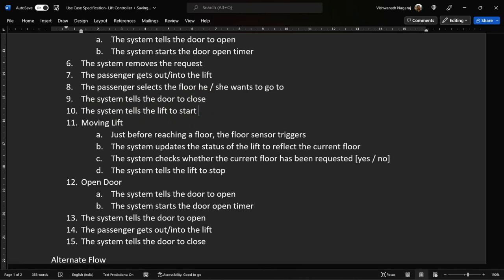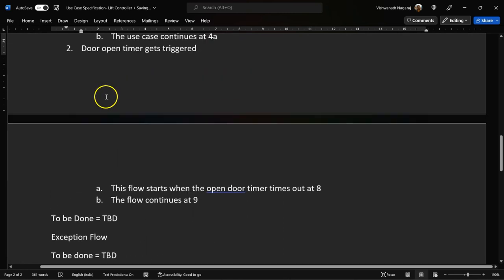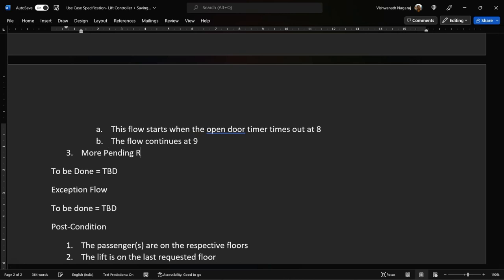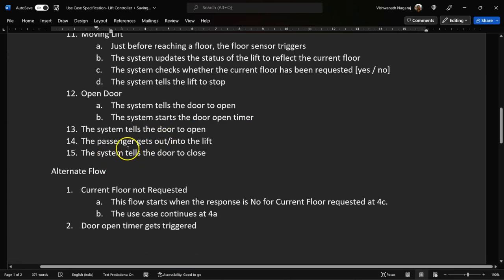So here the condition is that, let's put it like this, more pending requests are there. So that means here we are going to have more pending requests. No, there are no more pending requests. In which case what happens? This flow starts at, let's say, tell the door to close